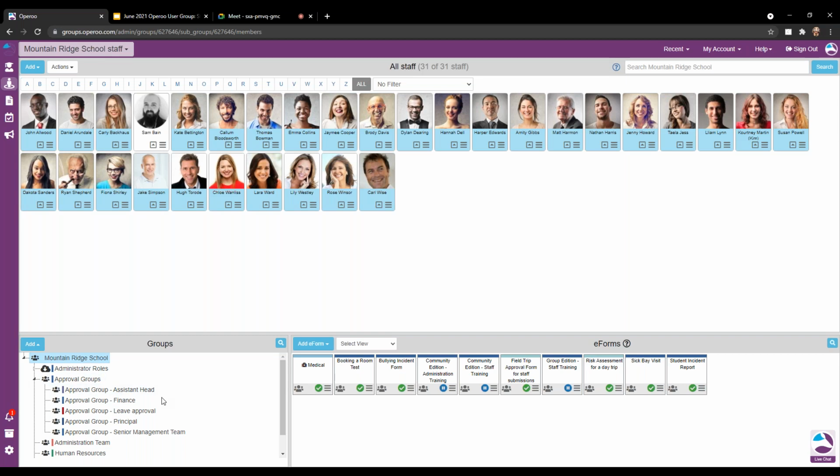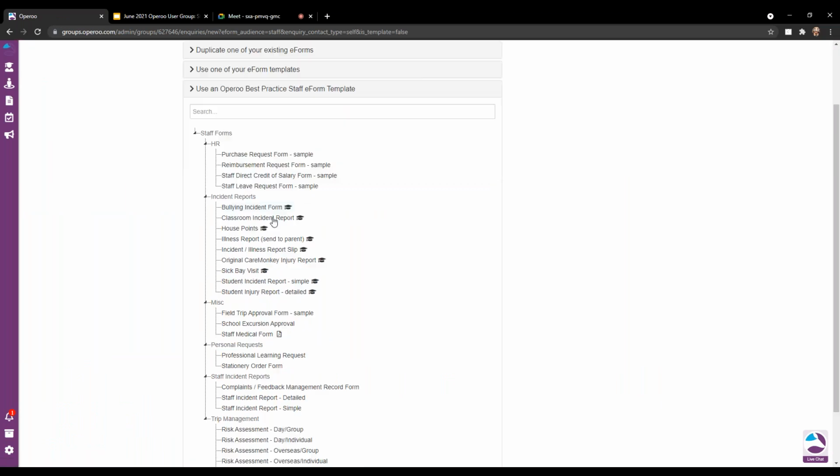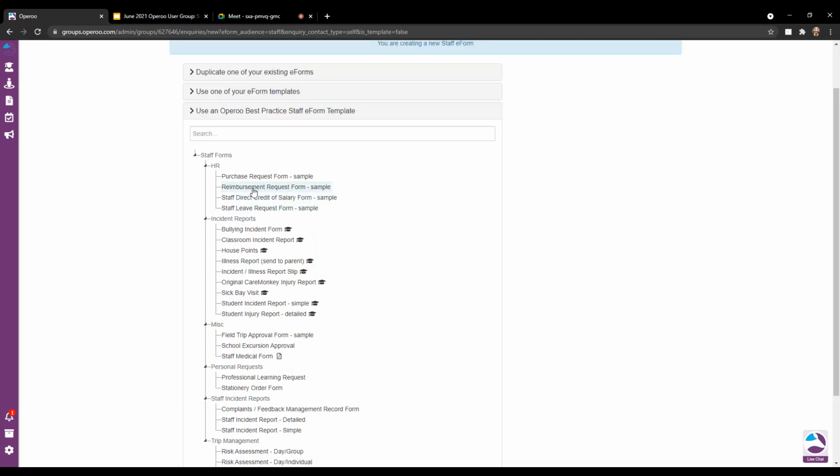Self-service forms are forms that we do not send a notification to the user to complete, but they may be completed at any time and multiple times, whereas something like an event form sends a notification and reminds the user to complete. So if I go to add eForm here and create a form, I'm going to use our Operoo best practice templates, and we have a whole load of templates here. I'm going to be using this reimbursement request form